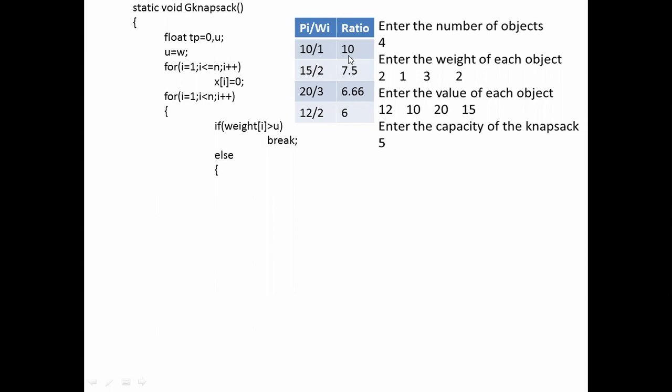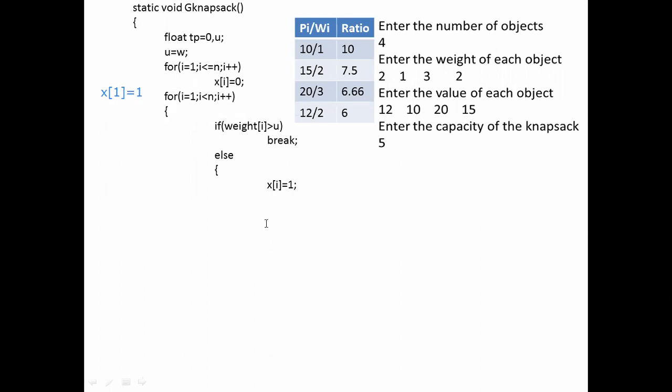Otherwise, that is else, x of I is equal to 1. We are making x of 1 is equal to 1. That means we are going to add the first item into the knapsack.